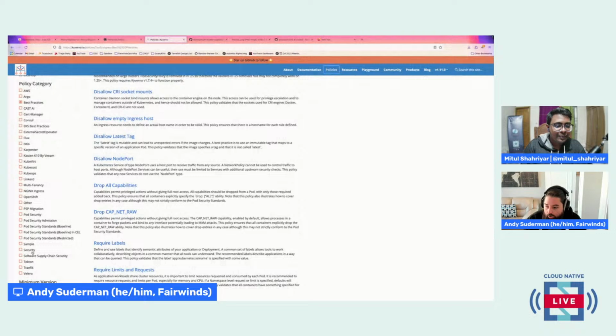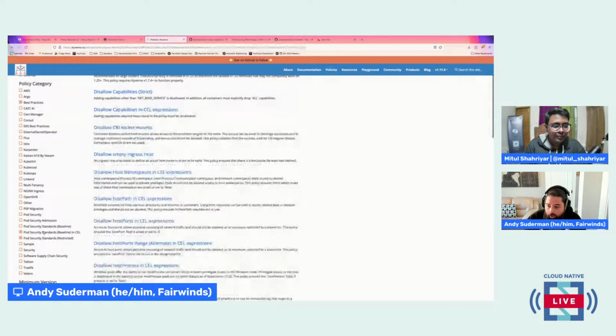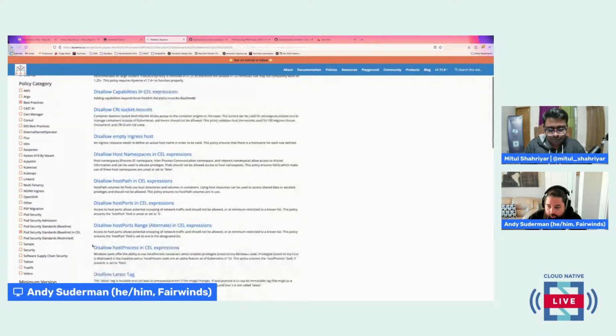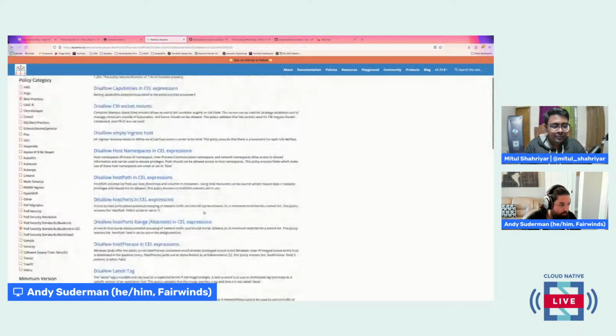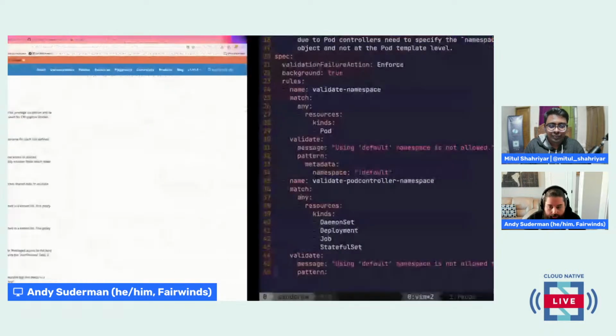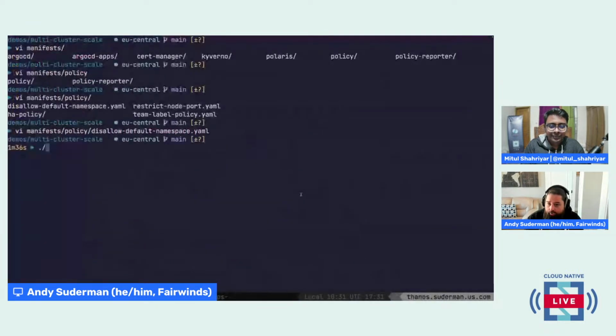So you can take a look at all those policies and see how they map. And they've even recreated the pod security standards that we talked about earlier right here in their policies. So if you did want just one policy engine, you could, and replicate the things that pod security admission does. And so we apply these policies as Kubernetes objects.